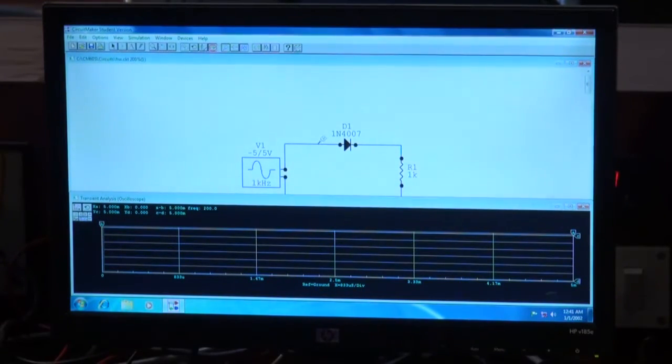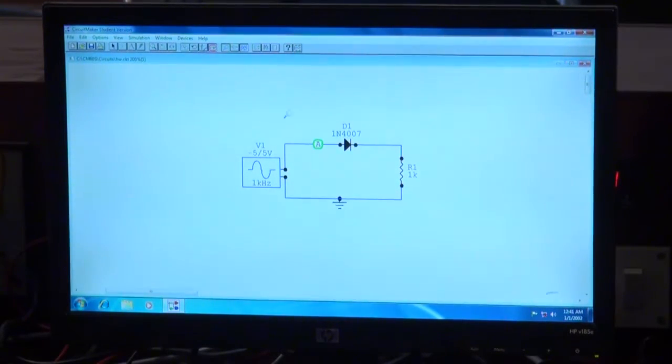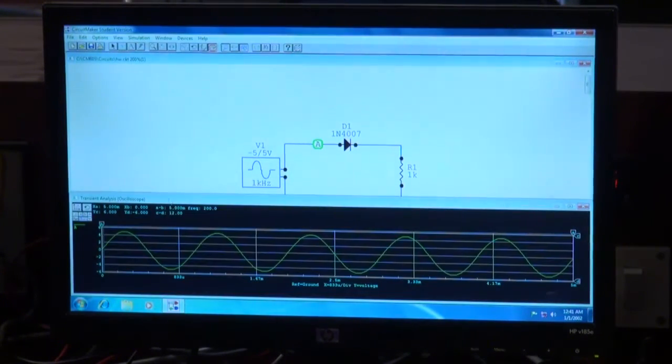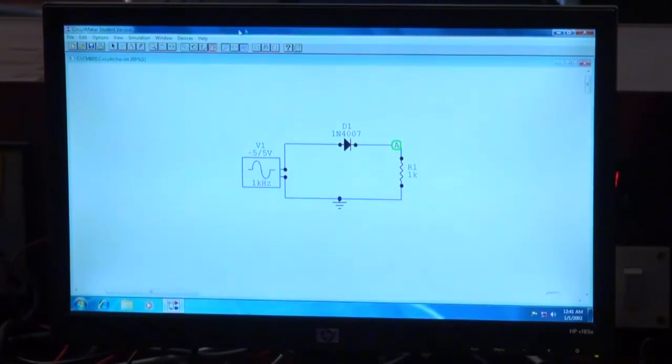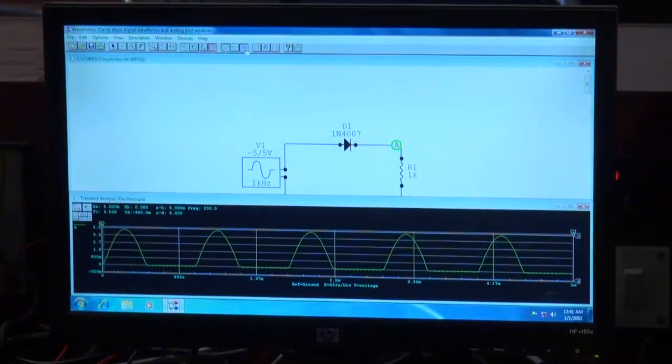Now if I am using this probe here, I will get a sine wave signal. You can see there is a green signal. This shows the signal that is available at this point. This is a complete sine wave of 10 volts peak to peak. And on the output side, we will get a rectified waveform. So here you can see the waveform. The negative cycle is gone. We are getting only the positive cycle.